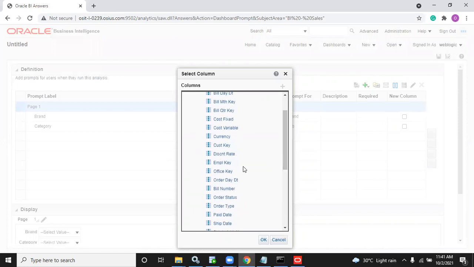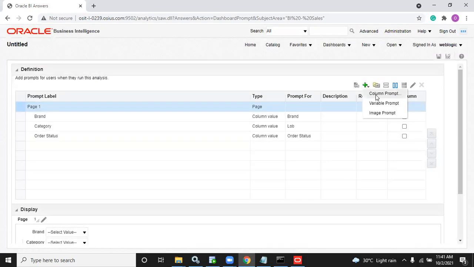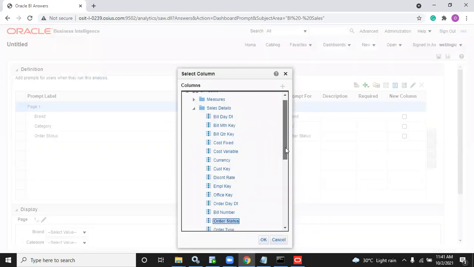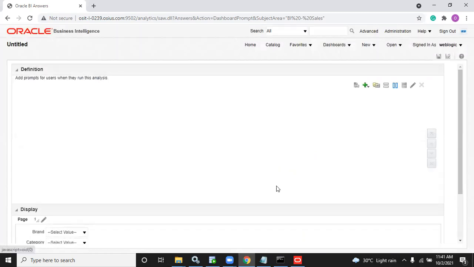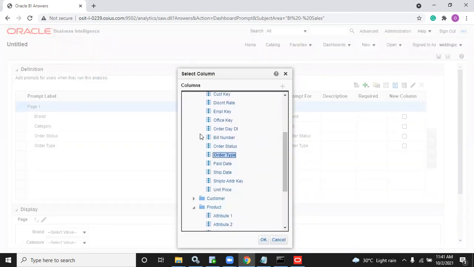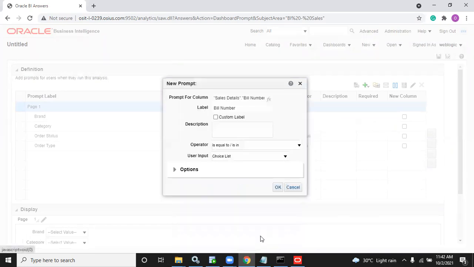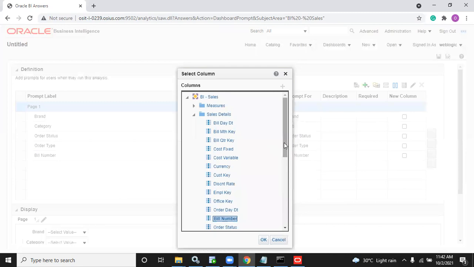And order status. And order type. Bill number also let me take. Customer name.